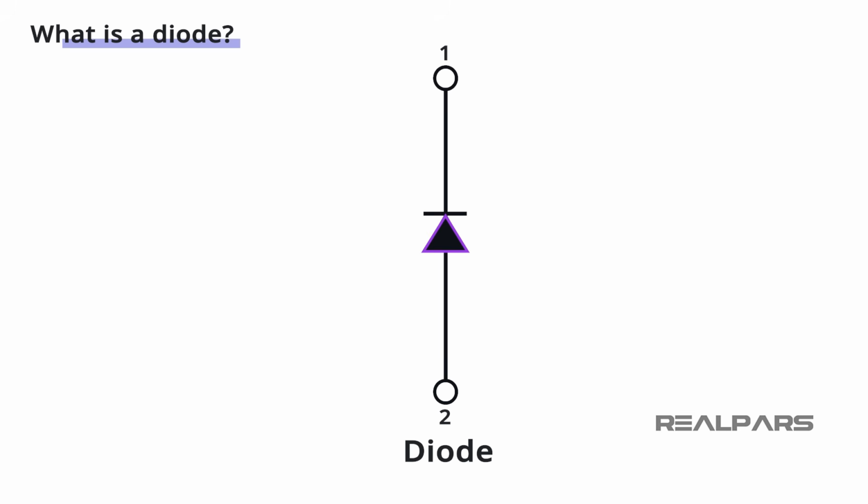As a matter of fact, this diode symbol also tells me the same thing. This arrow says the current can flow in this direction, meaning from point 2 to point 1. And if it flows from the other way, it will be blocked. So this little line here is the block sign. Now, this is a symbol of a diode.